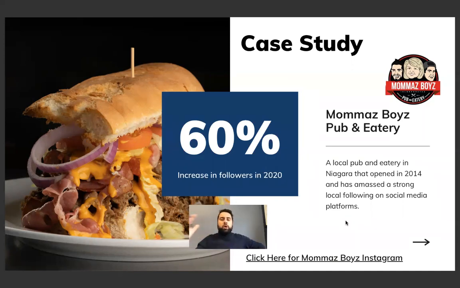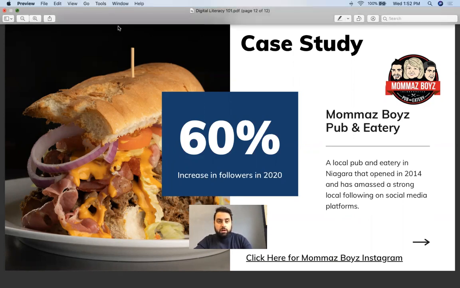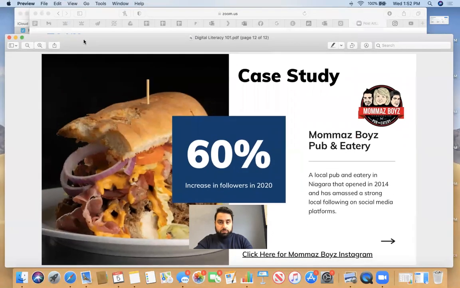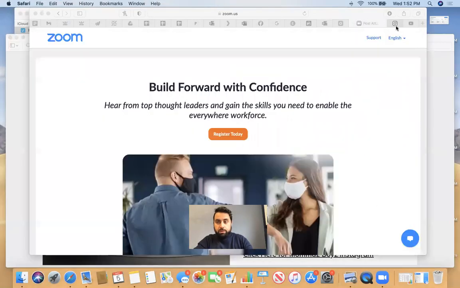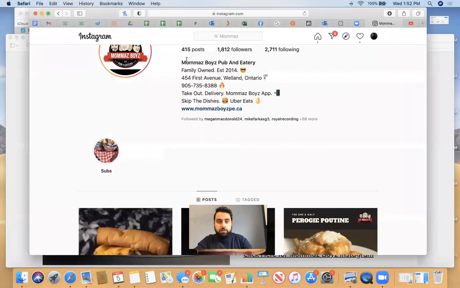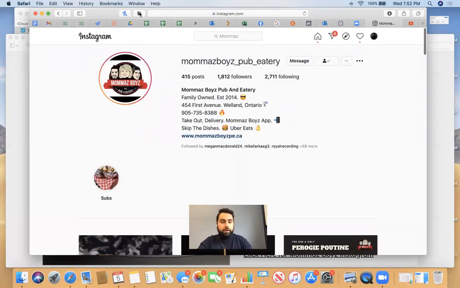So we're just going to go over how the brand identity plays out with everything by actually analyzing their Instagram news feed. So we're just going to go to the Instagram account, and then we're going to make it happen. Okay. Can you still see the screen okay? Yep. Okay, great.